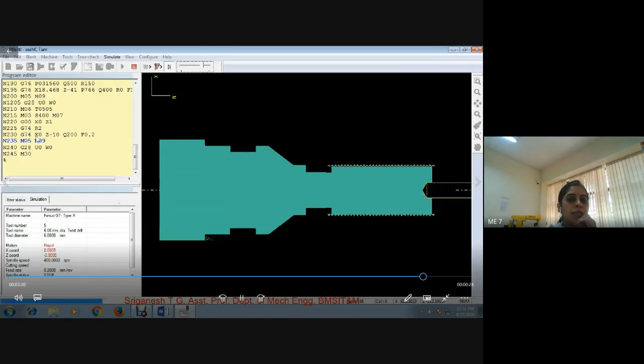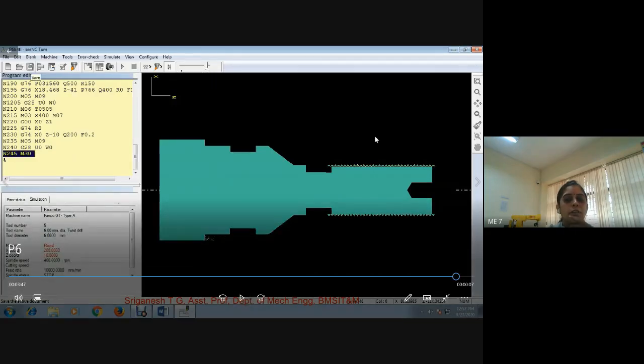X value will be 0. The only thing is you need the depth of 10 mm, so Z we will be giving as minus 10. And the depth of cut you are giving is 0.2 mm, so convert that into microns. And here you can see the external thread, because instead of 40 you are giving 41. So it takes some extra to make you aware that if you give extra values, it will come outside the assigned blank. That is only to make you understand. So it has been given.